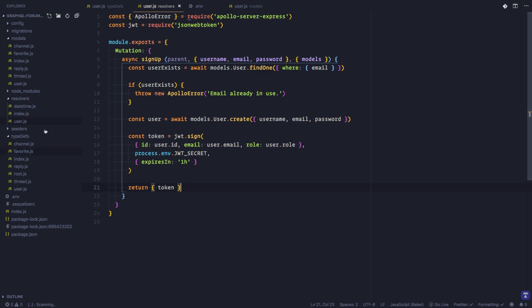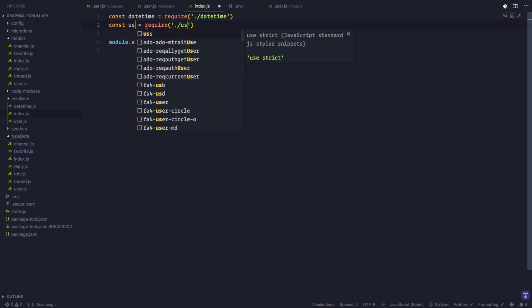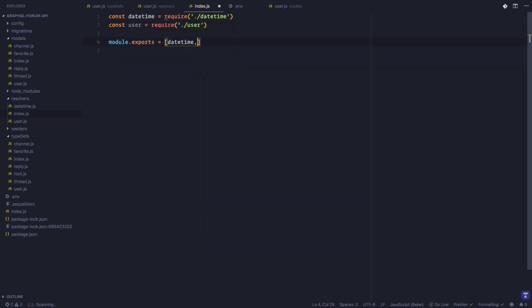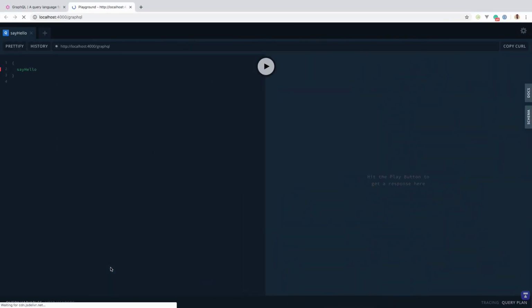So now let's import this file inside the index.js file. Now we can test this out. First, let's make sure our server is running. Refresh this. Get rid of all this. The operation we want to run is mutation. So we type mutation, followed by the name of the mutation, which is signUp,